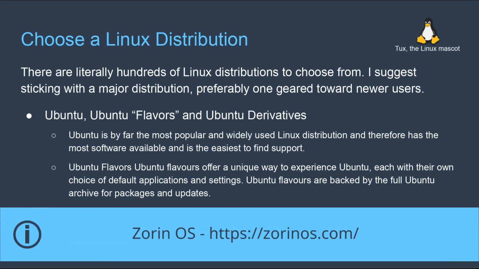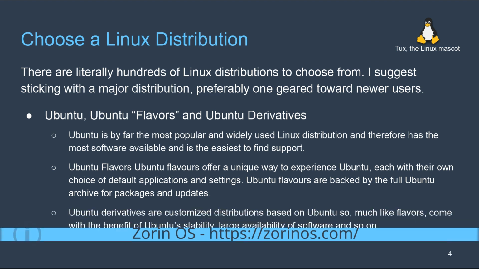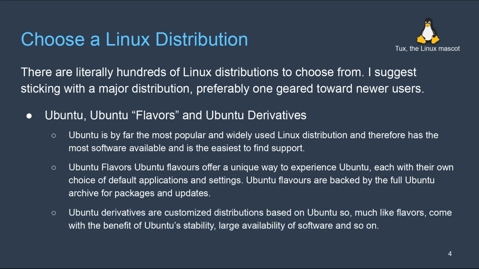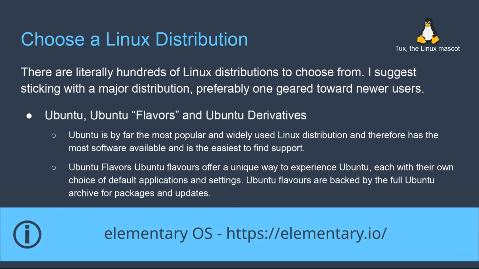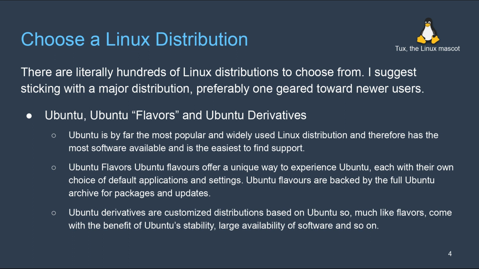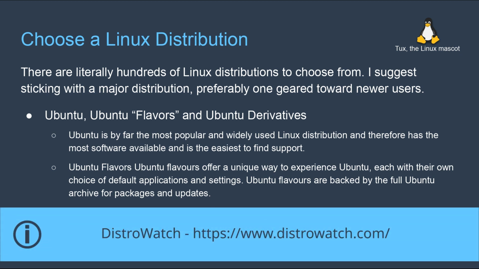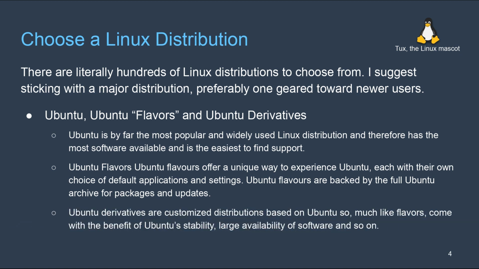Zorin is another good example of this, where it's a very customized, very pretty desktop that is based on Ubuntu, but they themselves have done a lot of theming and a lot of different tweaks to make it look different. Elementary is another good example where they've done exactly the same thing. And the list goes on. So as you investigate different distributions, the suggestion I'll make is there's this website called DistroWatch, and I'll link to it at the end, where you can go and just see all of the myriad choice of